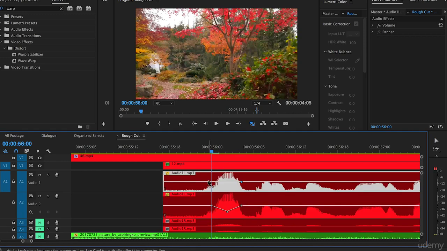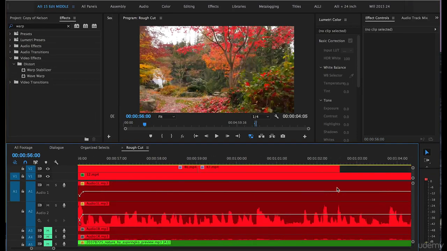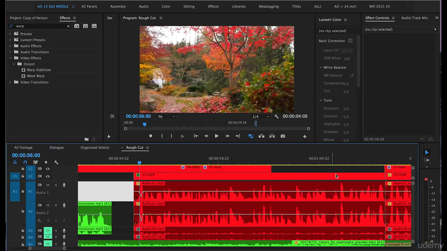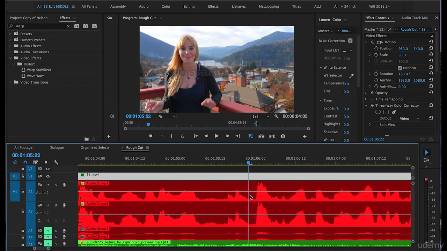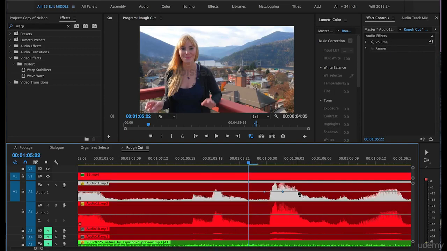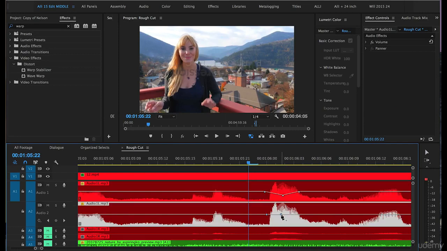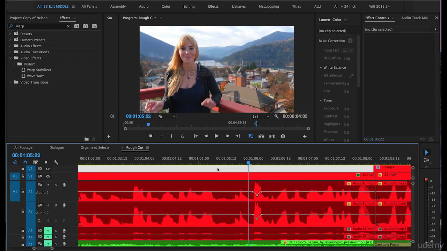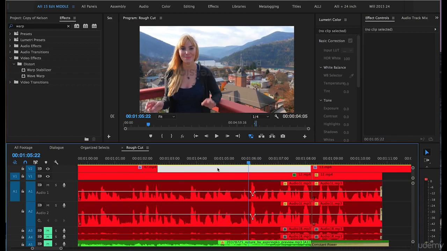We'll do the same for A1. There we go. And if we see any other parts of audio that look really high, like right there, we'll do the same thing. This brings the volume down on that part that we're treating. You don't want to bring it down too far, but you want it to be more aligned with the rest